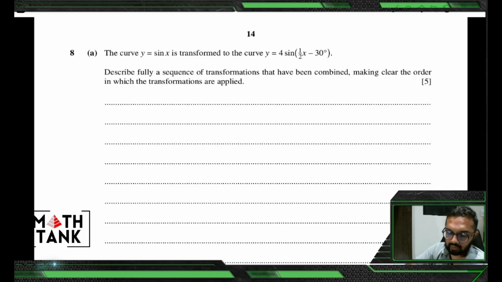Okay, this looks like a challenging question. It says the curve y equals sine x is transformed to the curve y equals 4 sine of half x minus 30. Describe fully a sequence of transformations that have been combined, making clear the order in which the transformations are applied. Remember that there are two transformations in x. You always state the transformations in x first, then you state the transformations in y. When you are stating the transformations in x, the simple idea is that you state the translation first. So it's a translation 30 degrees to the right,